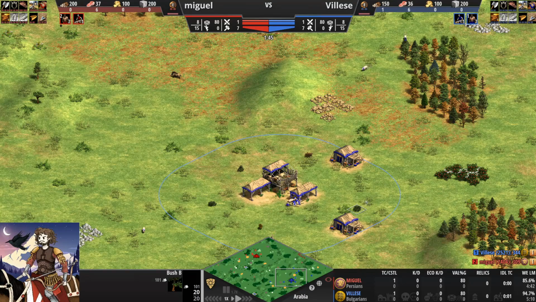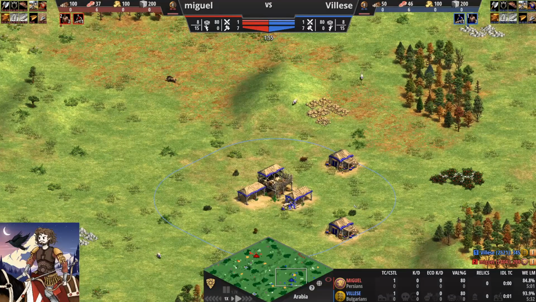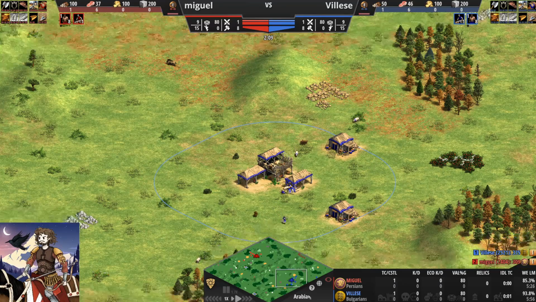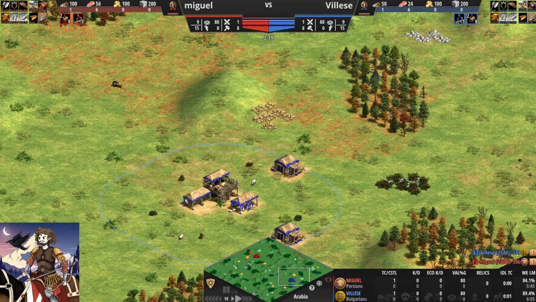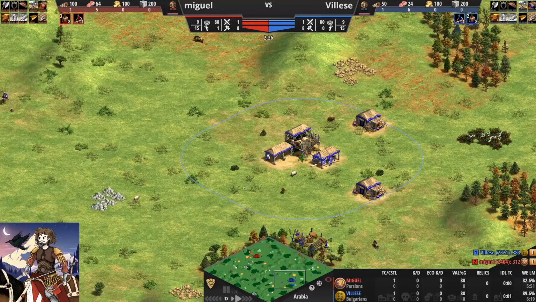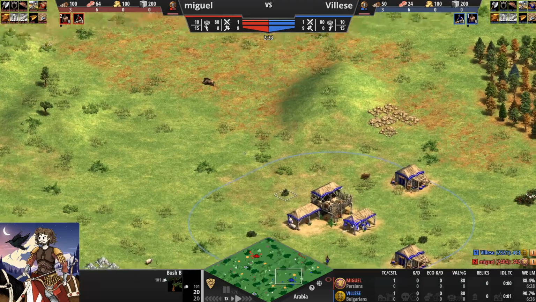So, let's have a look. Bulgarians versus Persians. Now, Bulgarians don't get a whole lot of eco bonuses, do they? I think your stone buildings cost less stone, so a TC would be like 50 stone instead of 100? Or, not stone buildings, only TCs, I think. That's what it is. Man, I should probably prepare before I record a video, huh? Prepare myself on what the civilization bonuses actually are. I don't play Bulgarians a whole lot, so...